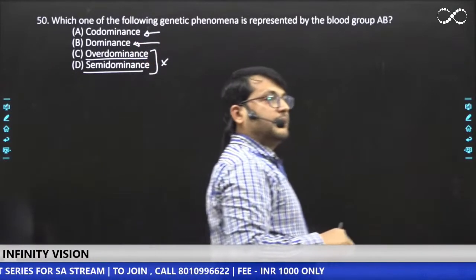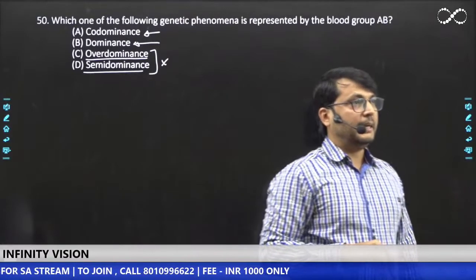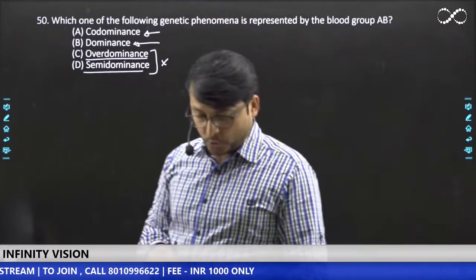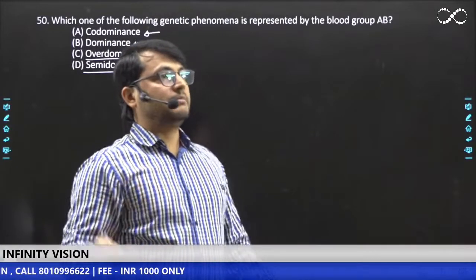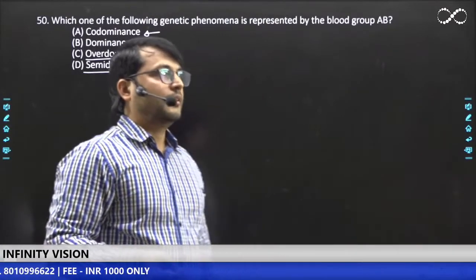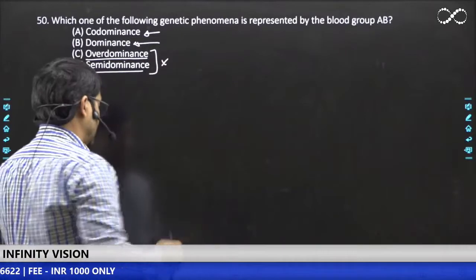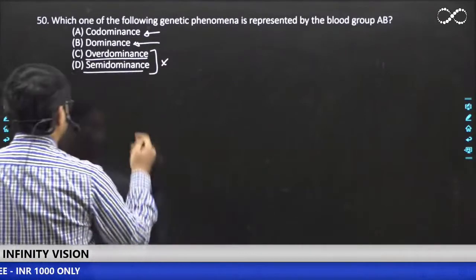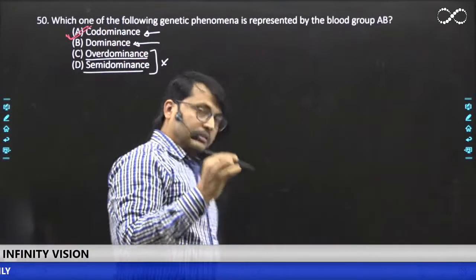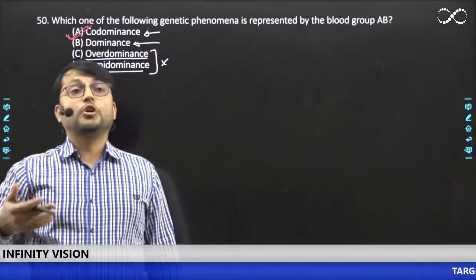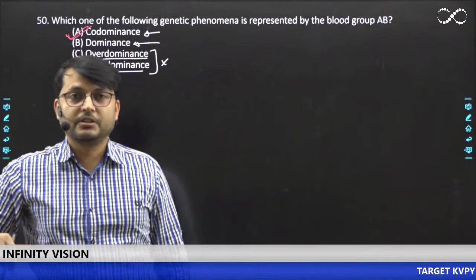I can see the comments coming in. Everybody is saying A, okay, that is codominance, and Akhil is saying codominance and multiple allelism. Great. Okay, very good. So every one of you is correct. It is a case of codominance. Now, the question arises is, what is codominance and how is it a case of codominance, right?